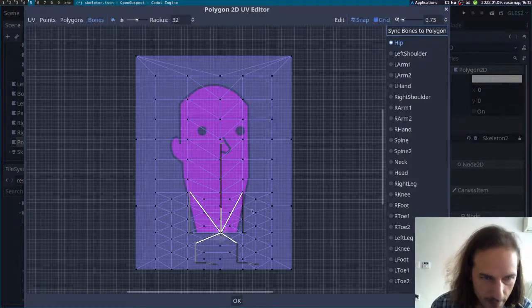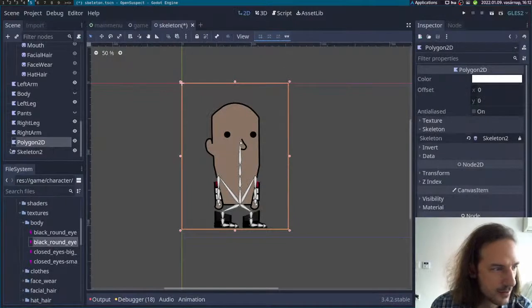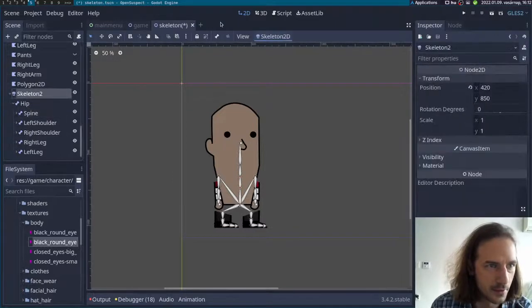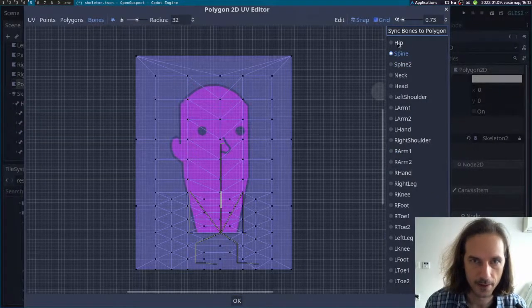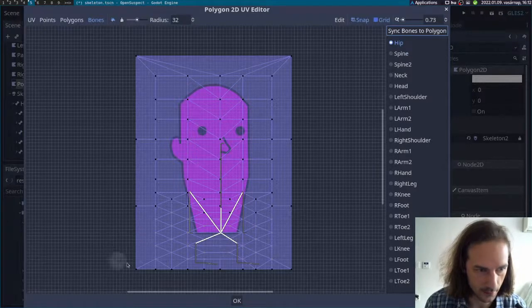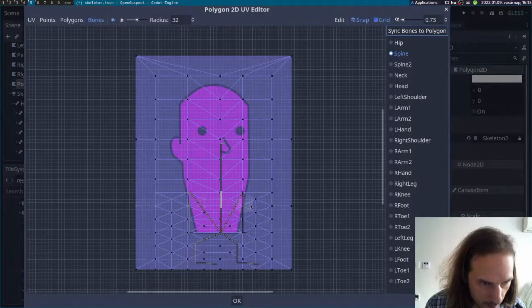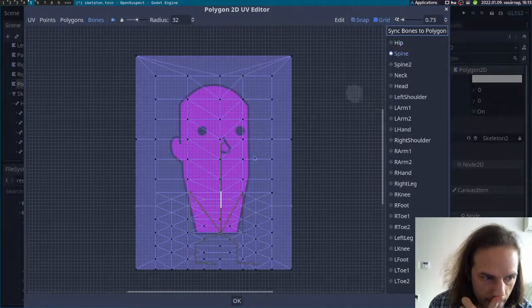So what we can do is hip, left shoulder, left arm, and then what other things, spine, neck. Okay, let me just modify this skeleton just a wee bit by putting the spine as the first on the list here, because sync, yes, much easier. So hip, everything down here is for the hip. And then spine is going for these points. Let's assign these points to the spine, except for